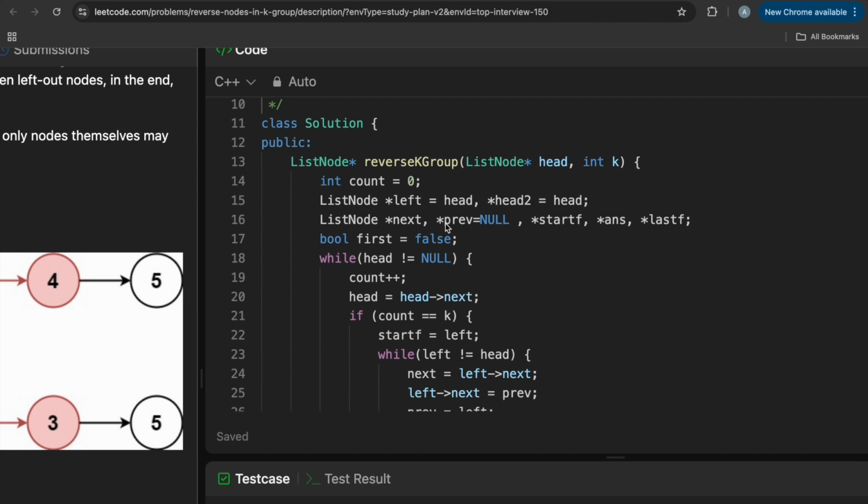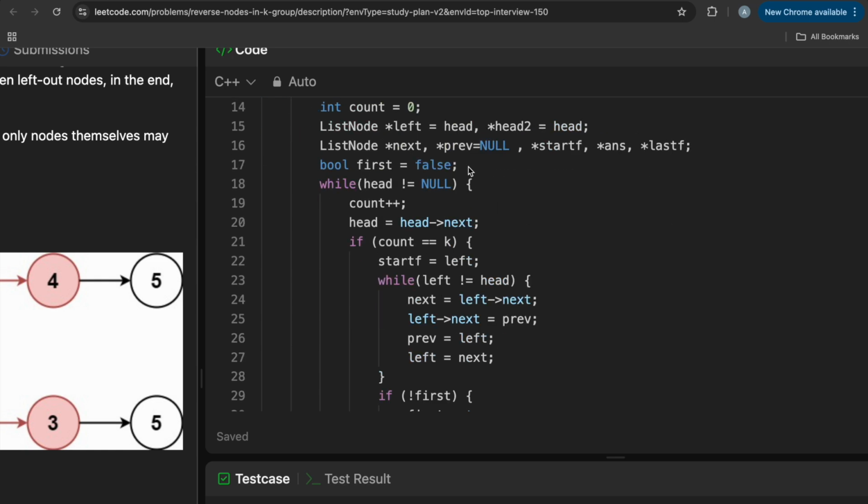So we have to implement this function, class ListNode* reverseKGroup. We are given parameters as ListNode* head and int k. We are defining int count equals 0 initially, and ListNode* left equals head, head2 equals head, and ListNode* next, previous equals null, startF, answer, and lastF. Then we are defining bool first equals false. This keeps a track of whether this is the first linked list which we are reversing or not,